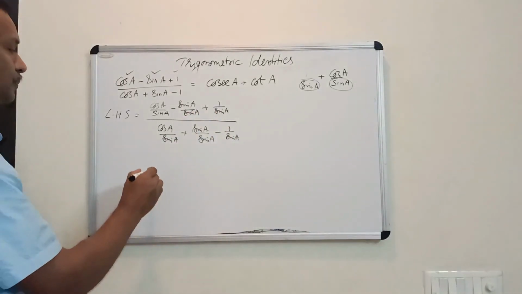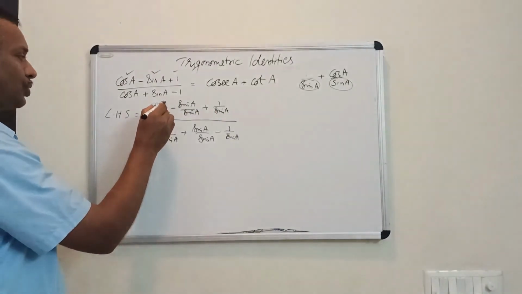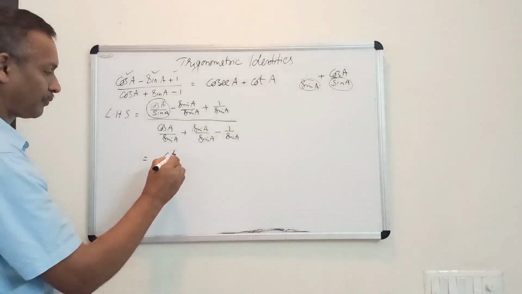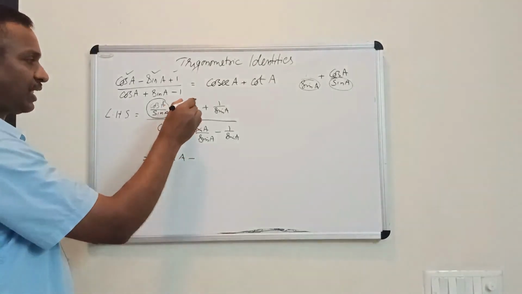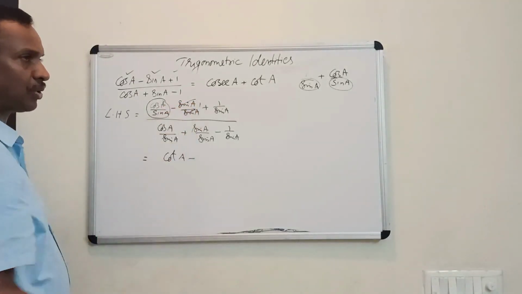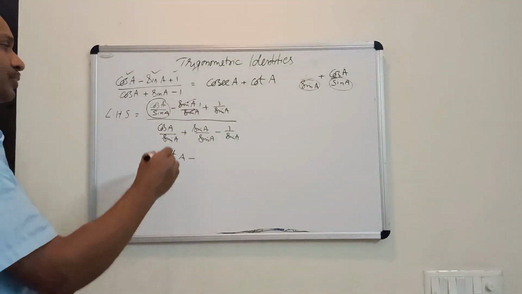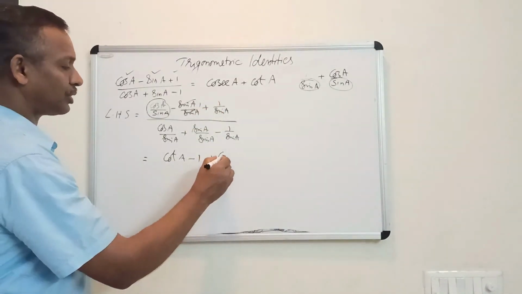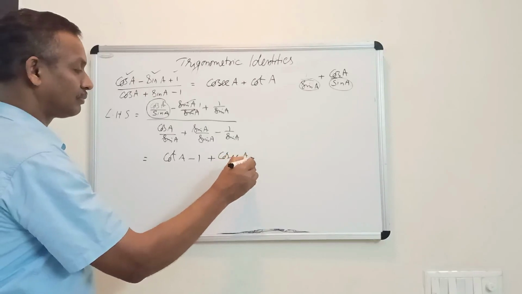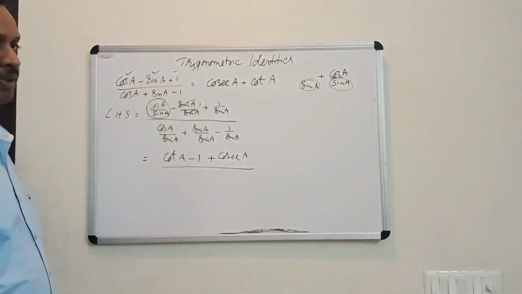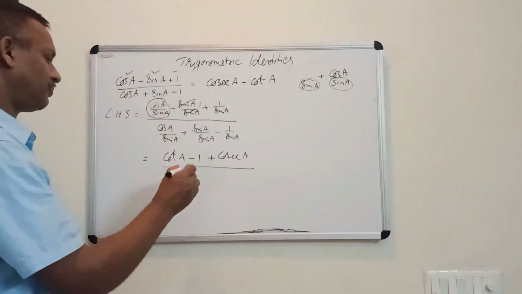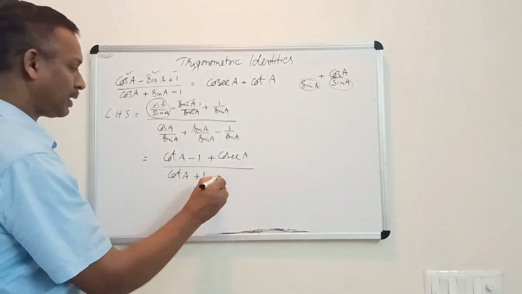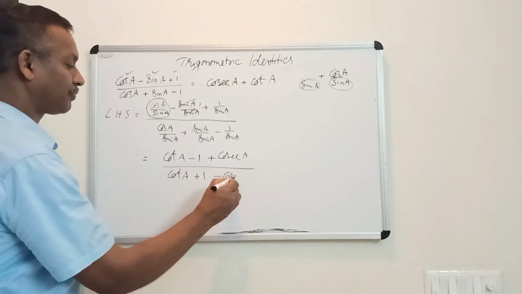Then change the respective ratios. You know what cos by sin is? Cos by sin is cot. Sin upon sin will be cancelled. The result is 1. Don't write 0 and don't fail to write this 1. Plus 1 by sin is cosec. The same will be repeated in the denominator with a difference in sign. Cot A plus 1 minus cosec A.